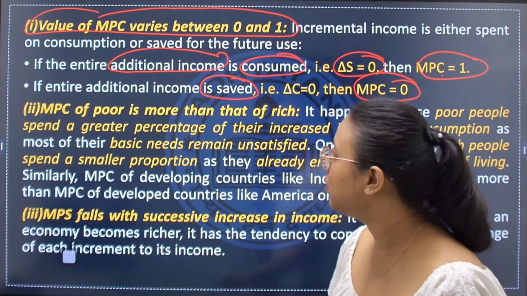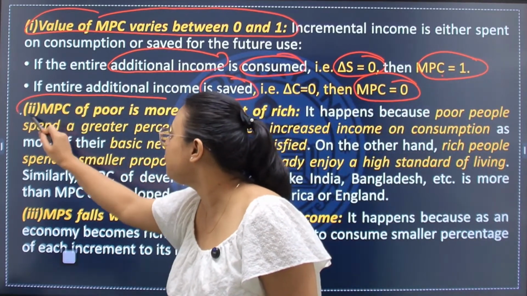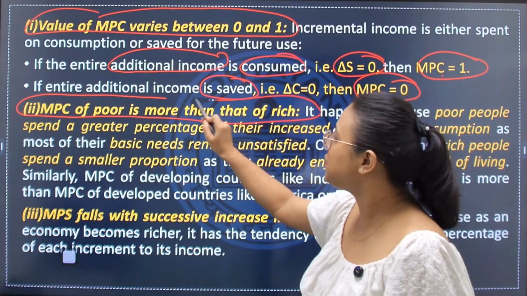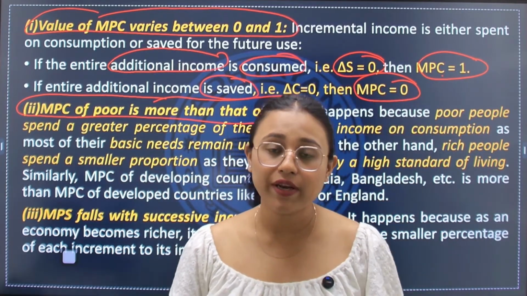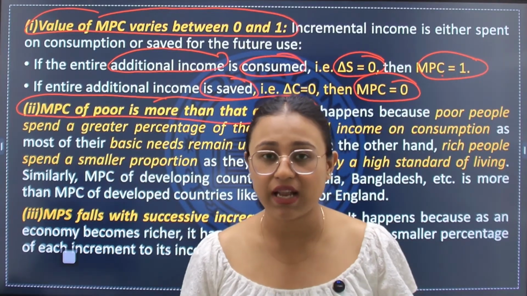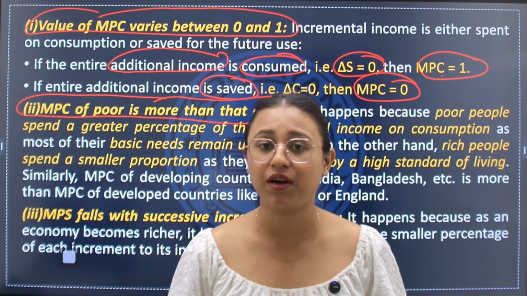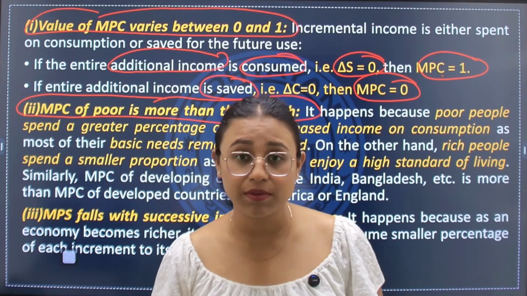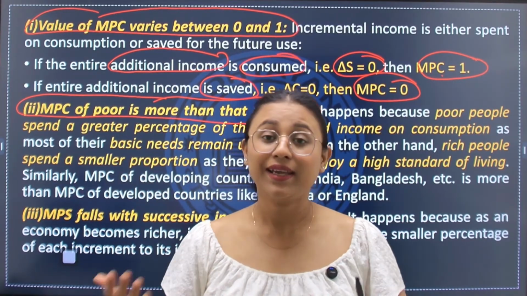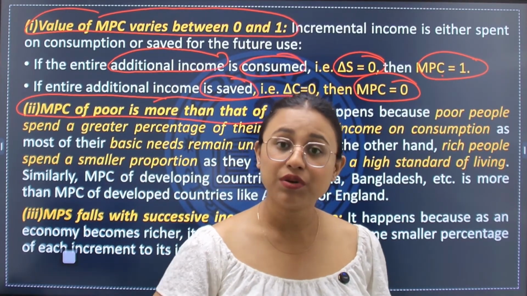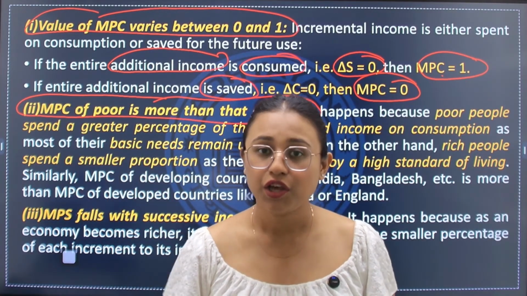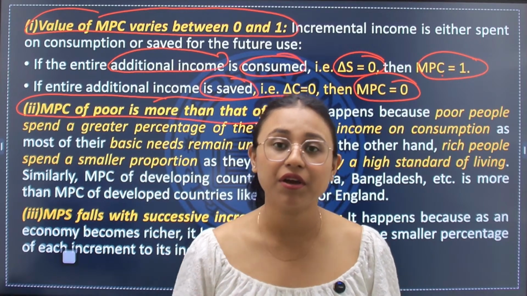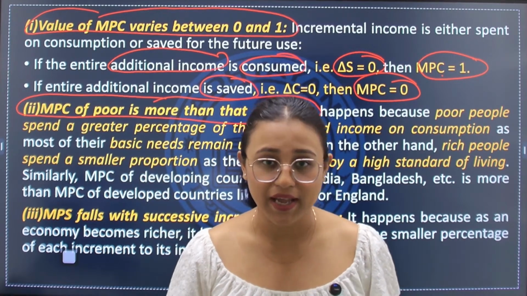Next is MPC of poor is more than MPC of rich. If your income is already high, you already have access to everything in your life. As your income increases, you will spend less on consumption. But those whose income is low, who have not been able to consume various things, when their income increases a little, their consumption increases, therefore